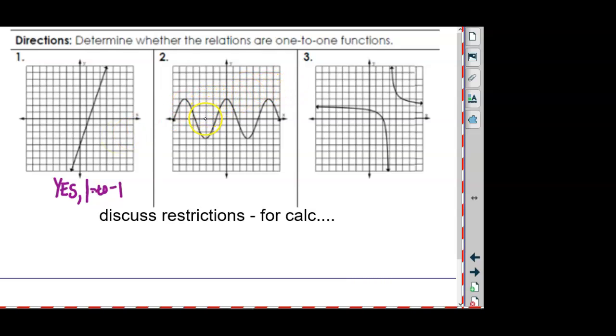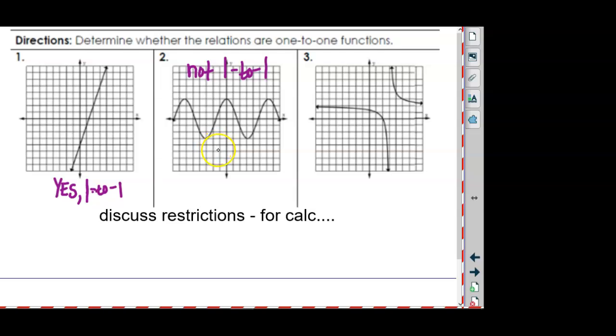Number 2 is a cosine graph. It passes the vertical line test. Will it pass the horizontal line test? No. So this function is not one-to-one,